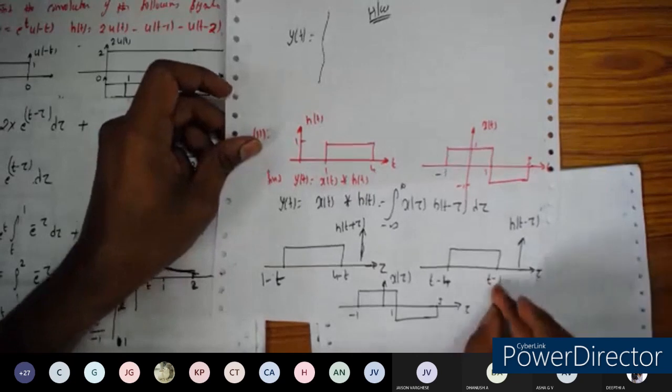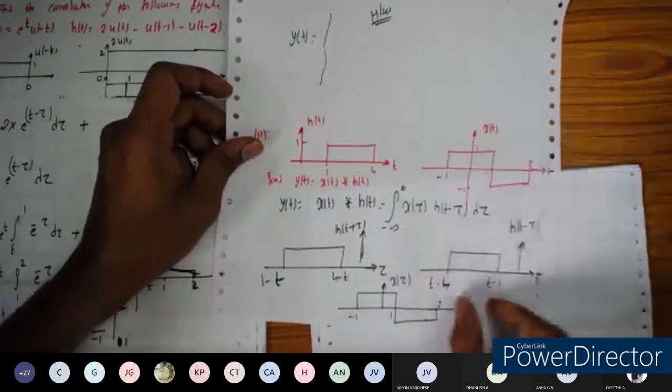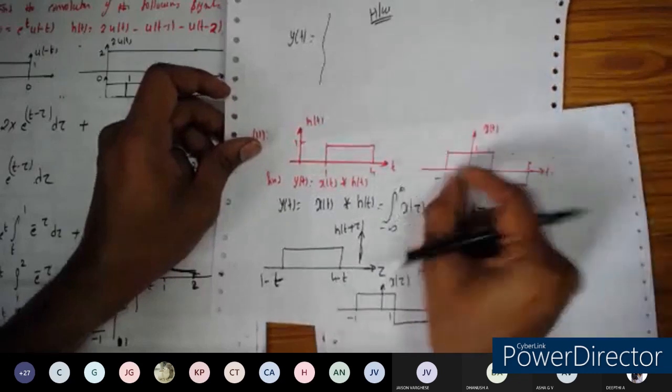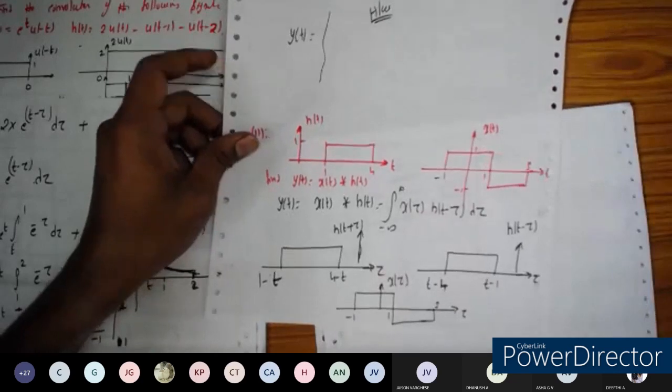Done, right? So when you are taking t minus 1 greater than this one, this is having the 3 units, and this is having the 2 units. So the waveform is going to overlap, and still outside there is some part of the waveform. Okay, so this will be helpful for the next case.